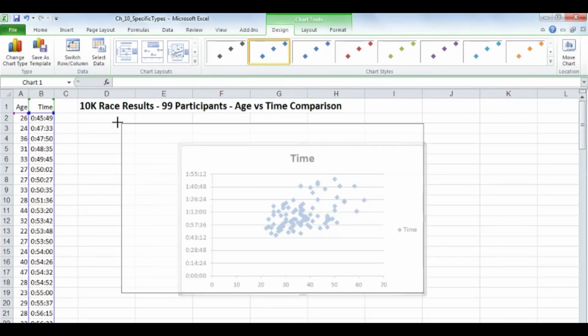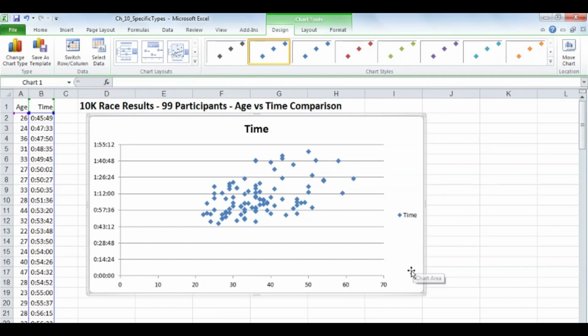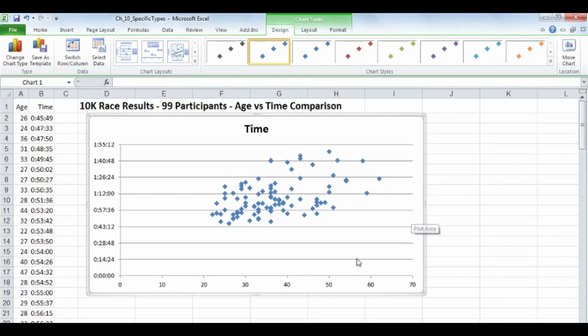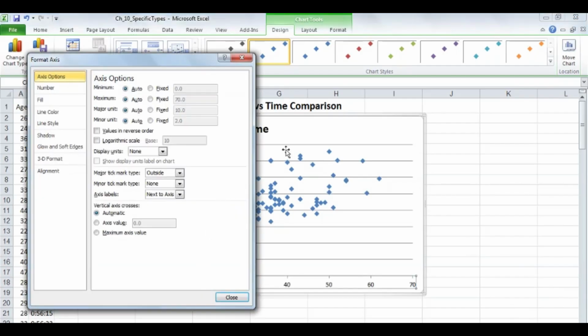And first thought is, well, that's not so good, is it? What are we saying here? And we can get rid of the time legend on the right-hand side, just press Delete. I think the first thing you might want to do here is say, well, we don't have anybody under 20 in this race. Why don't we adjust the scaling on the bottom? Simply double-click the scale on the bottom. And let's change the